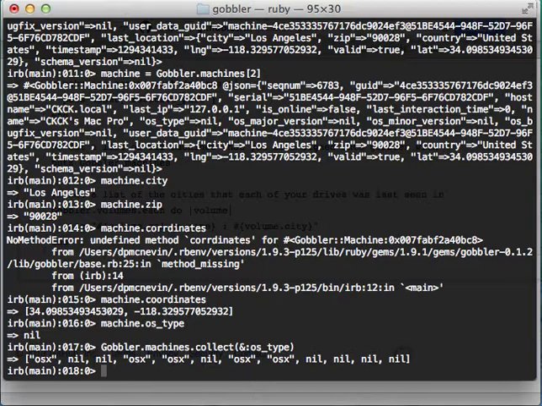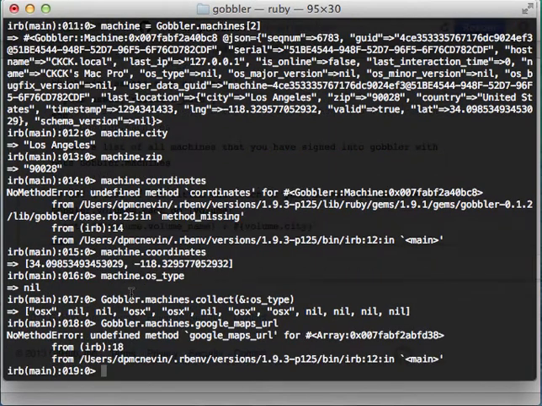Now we can do something a little bit more interesting. I wrote a quick helper function here. So say machines and Google Maps URL. So what this does is it loops over every machine, gets the coordinates for the machines that have actually registered themselves. Location. Sometimes the location doesn't register because you have location services turned off, or it can't find it. So this goes over all of them and just makes a quick Google Maps URL, and